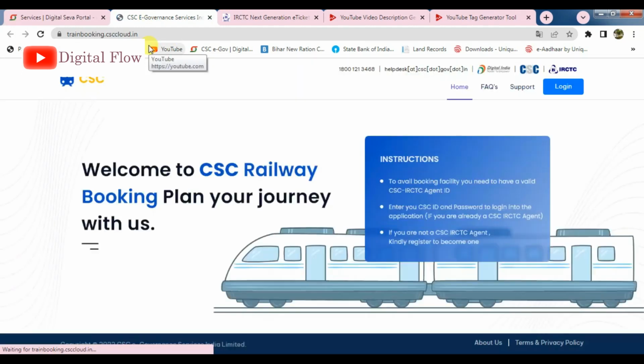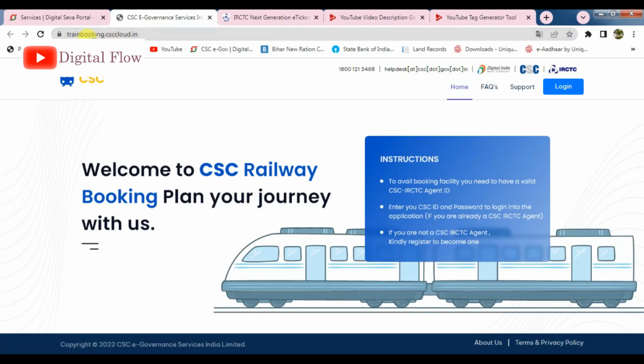This URL I will put in the description so you can come easily. Now I have come to the new IRCTC portal, railbooking.csccloud.in. This is the new URL for all India CSC VLEs for booking tickets.